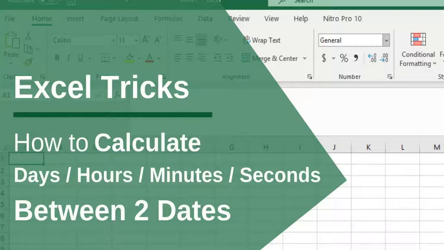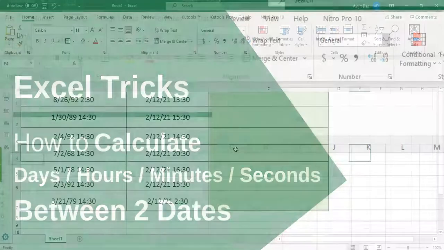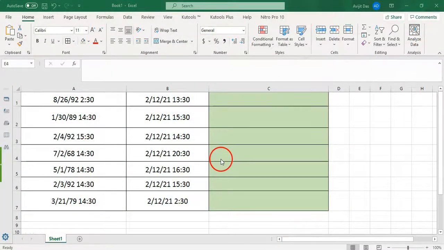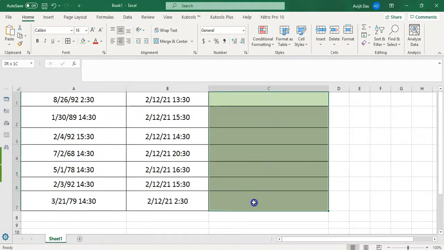How to calculate days, hours, minutes, seconds between two dates? We use a formula to count the difference between two dates in days, or the difference between two times. However, in some special cases, we may want to get the days, hours, minutes, and seconds between two date times. This tutorial introduces the formula to solve this job.